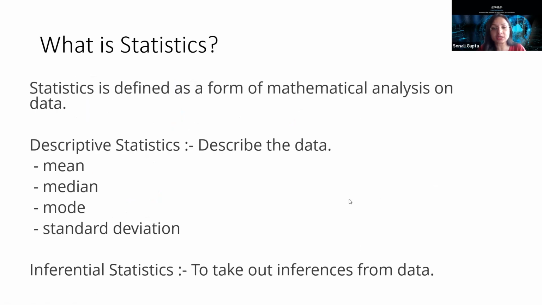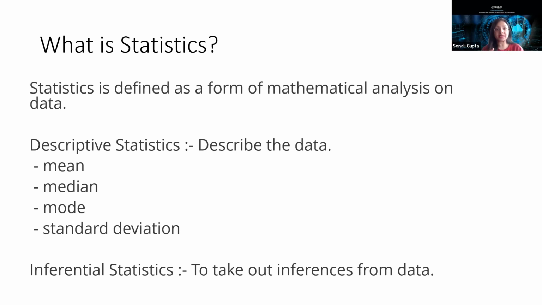Okay, then we talked about a third course that is there as a part of foundations. We talked about the statistics. So statistics is defined in the form of mathematical analysis on the data. And that is a very important part when we talk about artificial intelligence, because much of the analysis is being done mathematically on the data. And then once that analysis is done, we go around cleaning the data, manipulating the data, making it more readily available for us to start building up the models.